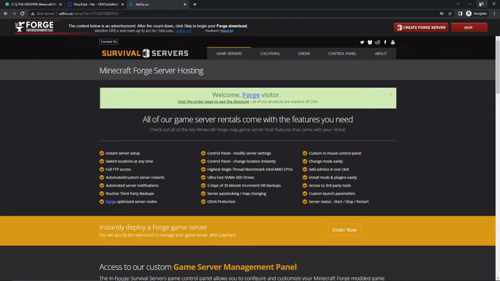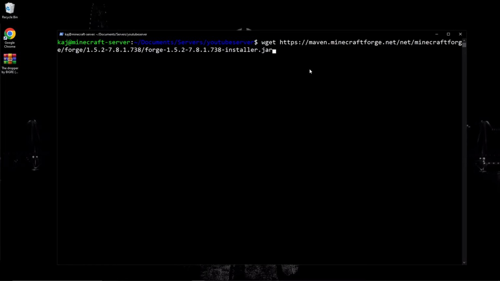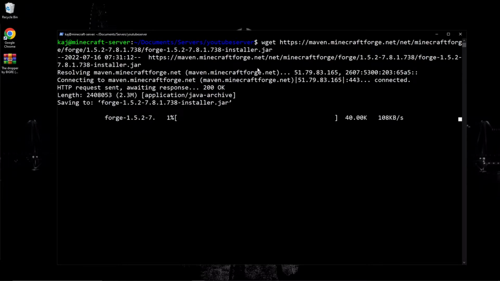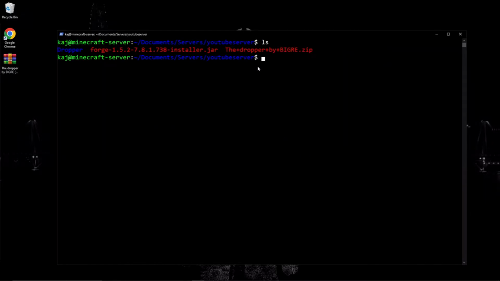Right click, copy link address, go over to our SSH terminal. Let's go ahead and wget, or paste the link, wget. Perfect. So now we have that jar file, so we'll go ahead and clear this out. As I said in plenty of videos before when I cover this stuff, we can go ahead, java -jar forge